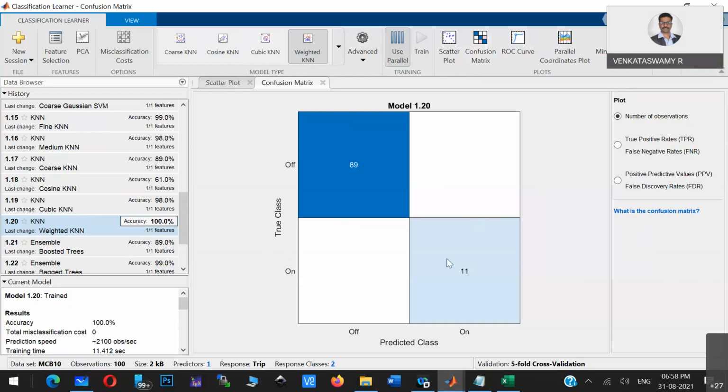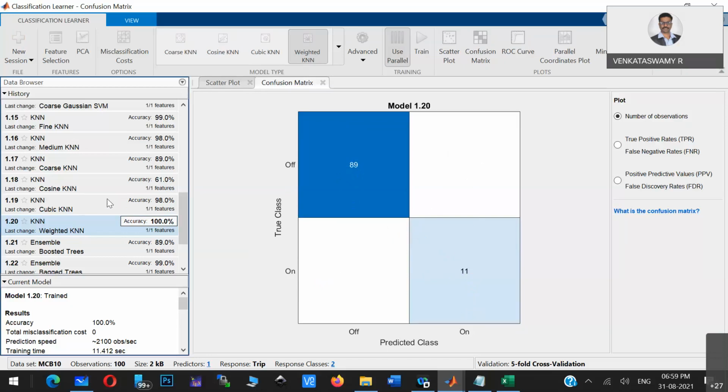In the confusion matrix, it has to be diagonal, so all elements should be on the diagonal. Out of the items, 89 say off, and 11 items say on. The combination of on predicted as off, or off as on, is not there, so that is 0, 0. So this is completely diagonal, which means 100%.